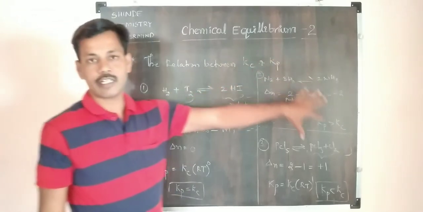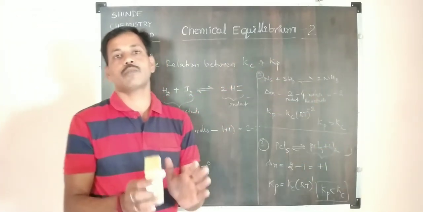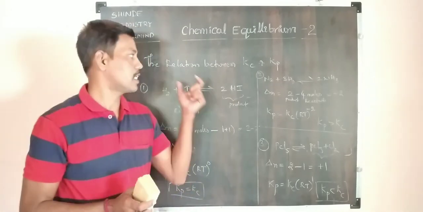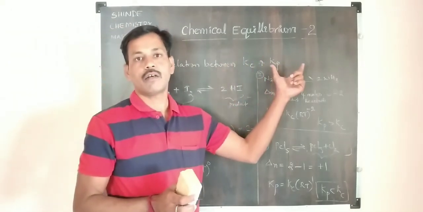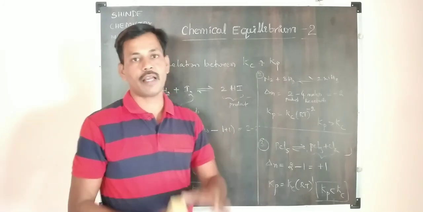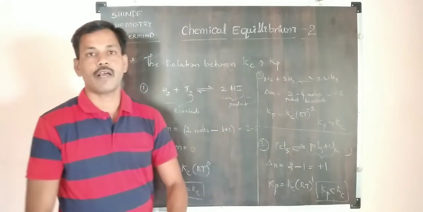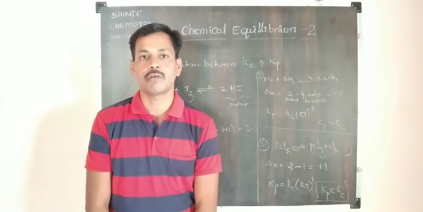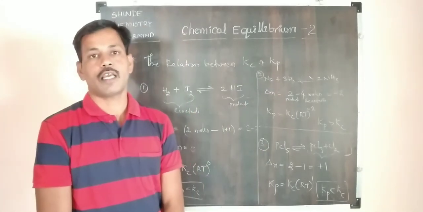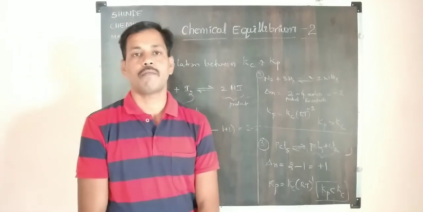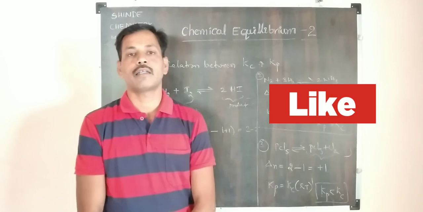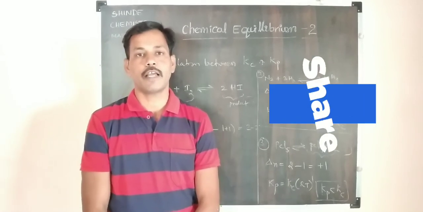So in these three conditions, you have to practice more and more chemical equilibriums in which the Kc and Kp values are measured. Fine, so practice well for this. In this video we studied Kc values, Kp values, and the law of mass action. We hope that you understand these concepts. Thank you very much.